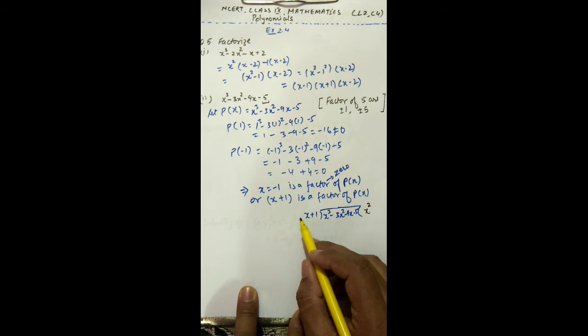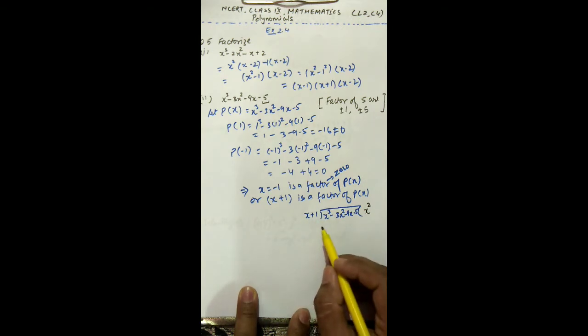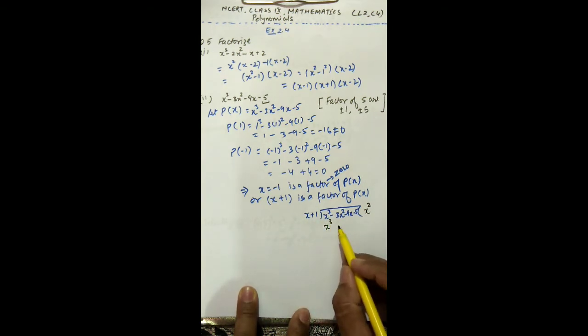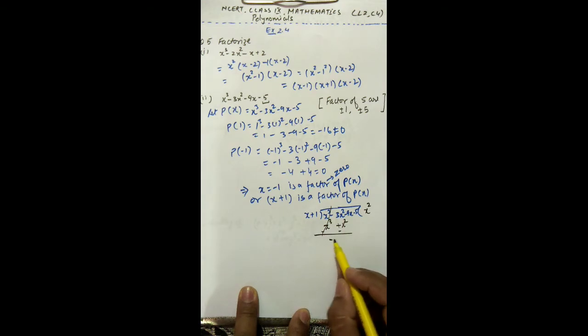Now this x square should be multiplied by these two terms. So the first term will be x cube minus, and this becomes x square. Now you change the sign and this is also changed. Now the first pair will get cancelled. This is minus 3x square, this is minus x square. So you can write this as minus 4x square minus 9x minus 5.